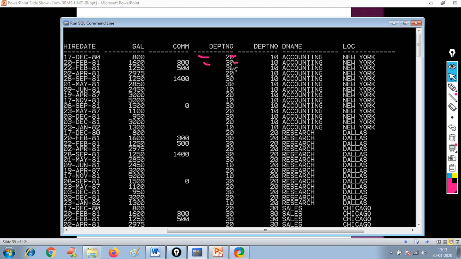So that's why our aim is to find out the valid tuples which will contain the same department number value in both these columns. You can see 10 is here, and it also contains 10. So in this case, this one is a valid tuple, this one is a valid tuple because 10 is there in both these columns.